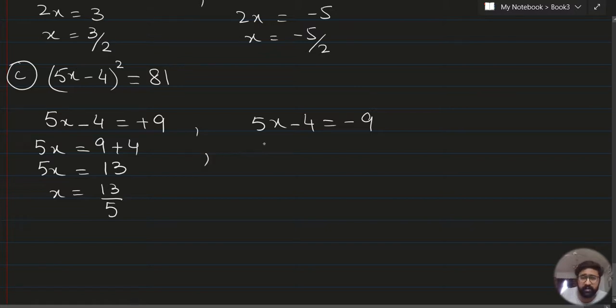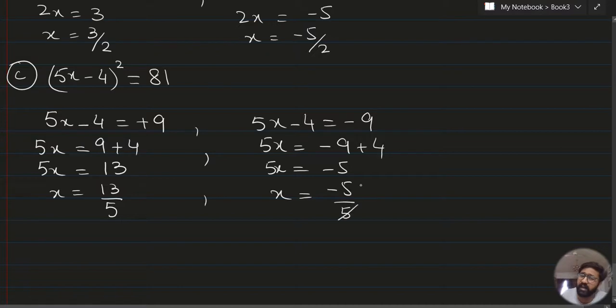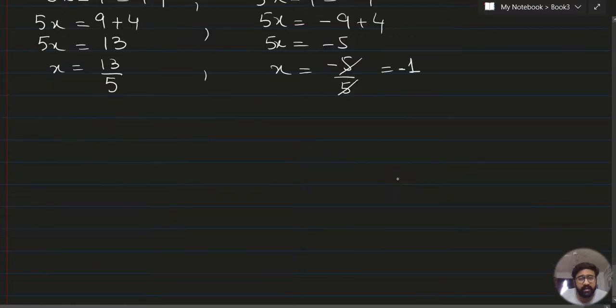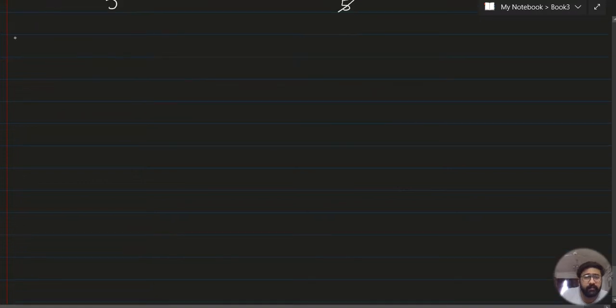We are going to simplify this side as well. 5x is equal to minus 9 plus 4. So we'll have minus 5 as the simplification of that side. So minus 5 divided by 5 will give minus 1. So these are the two values of x that satisfy this above equation. For the part D,